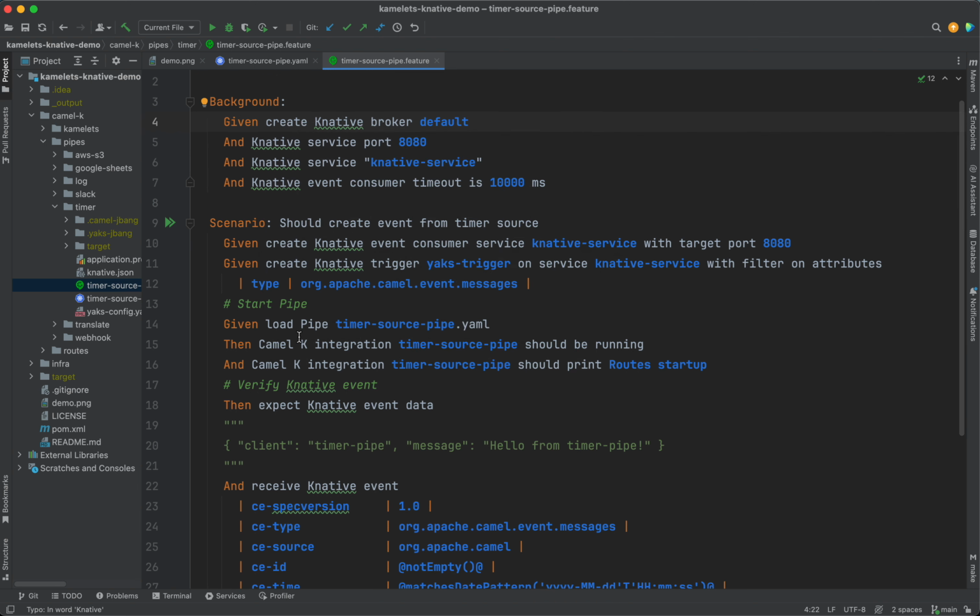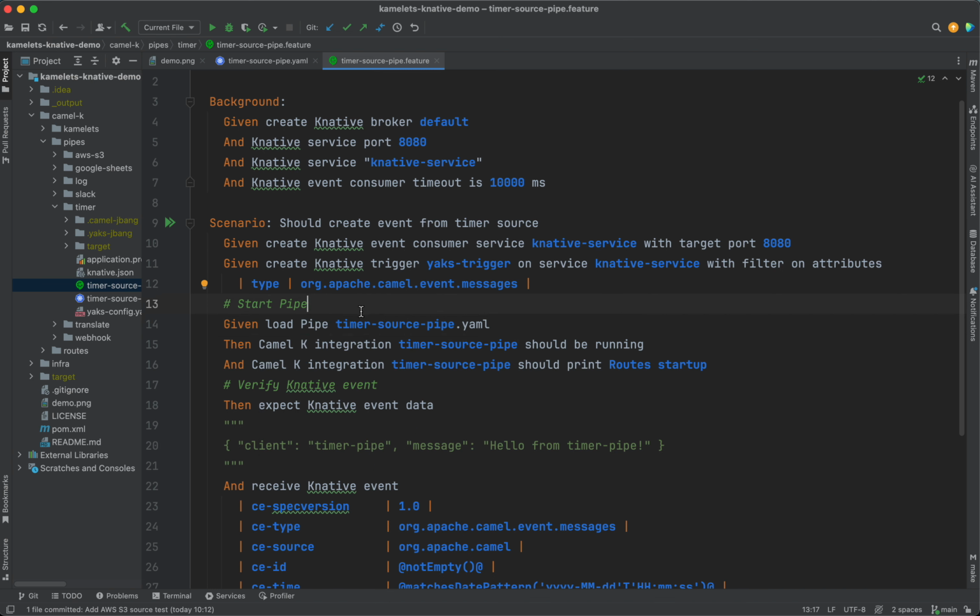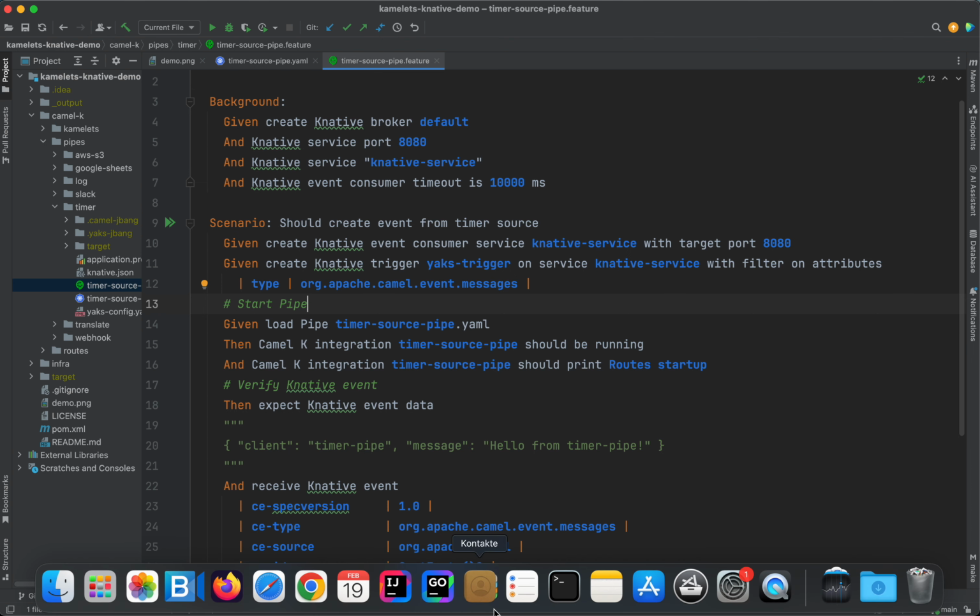Also, it will create the pipe in here not on the Kubernetes service, but it will create the pipe with Camel JBang on your local environment. So everything should be running locally, and this should be the best way for you to have a fast feedback loop when you create your pipes, so that you can make sure that your pipe is working as expected